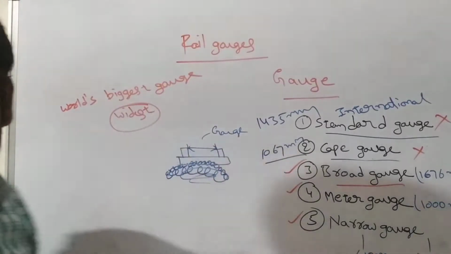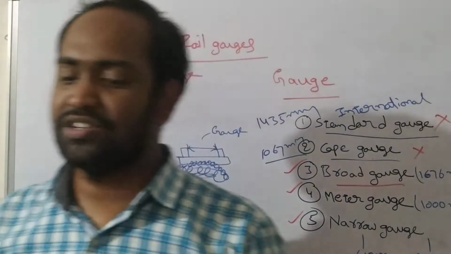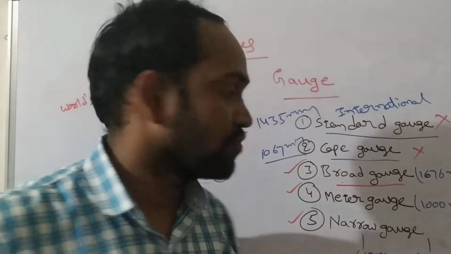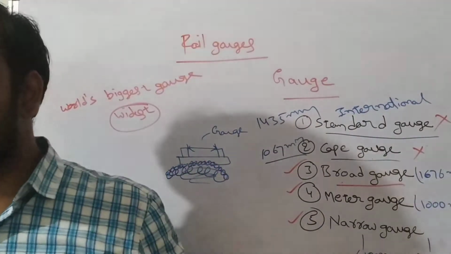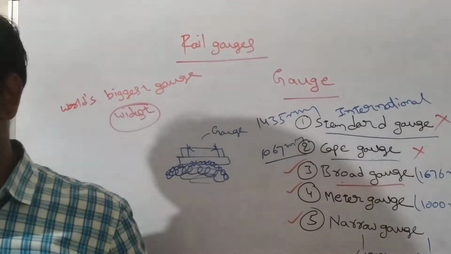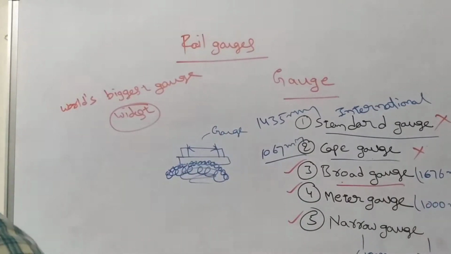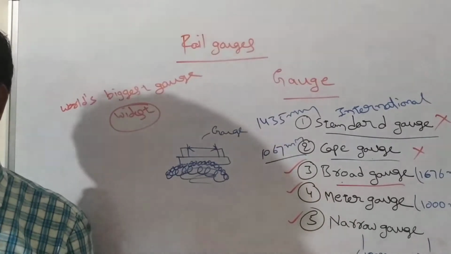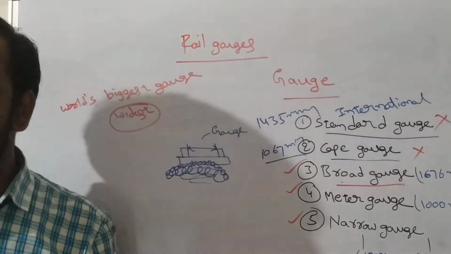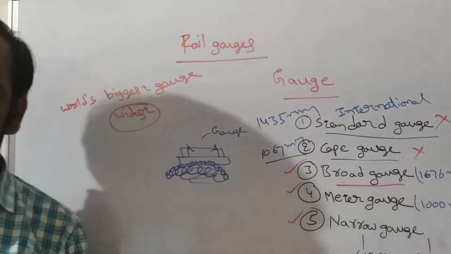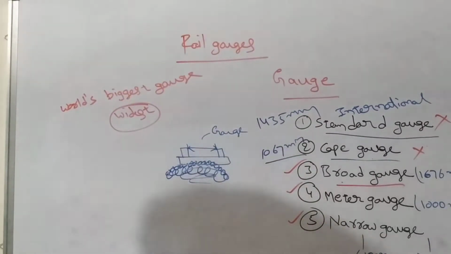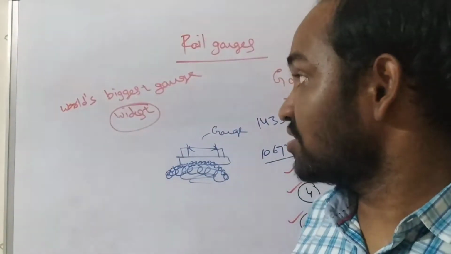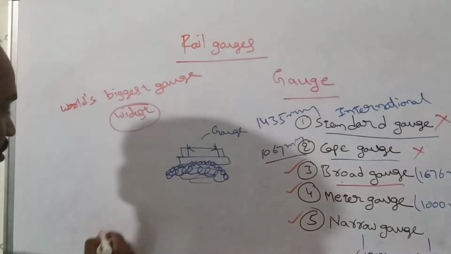Rail gauges larger than standard gauge are called broad gauge. This is the definition of broad gauge. Rail gauges smaller than standard gauge are called narrow gauge. In a dual gauge railway, 3 or 4 rails are positioned so that trains of two different gauges can use it. The place where two different gauges meet each other is called the break of gauge.